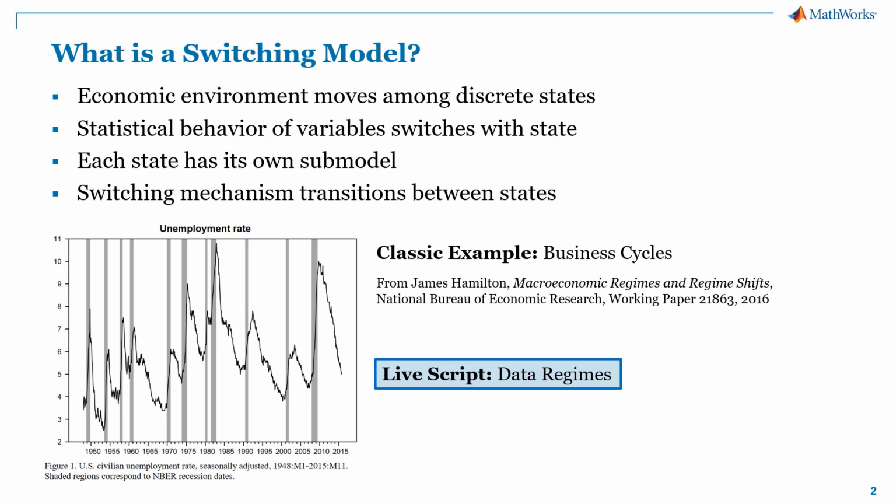To determine a good statistical description of the data in each of the states, you might do one of three things. First of all, if you have experience with the data or economic theory that describes the data, you may be able to determine parameters like levels and volatilities and autoregressive structures beforehand and build them into the model from the start. The second thing you might do is a thorough statistical analysis of the data in each of the states to determine things like means and variances, etc., to build into the model.